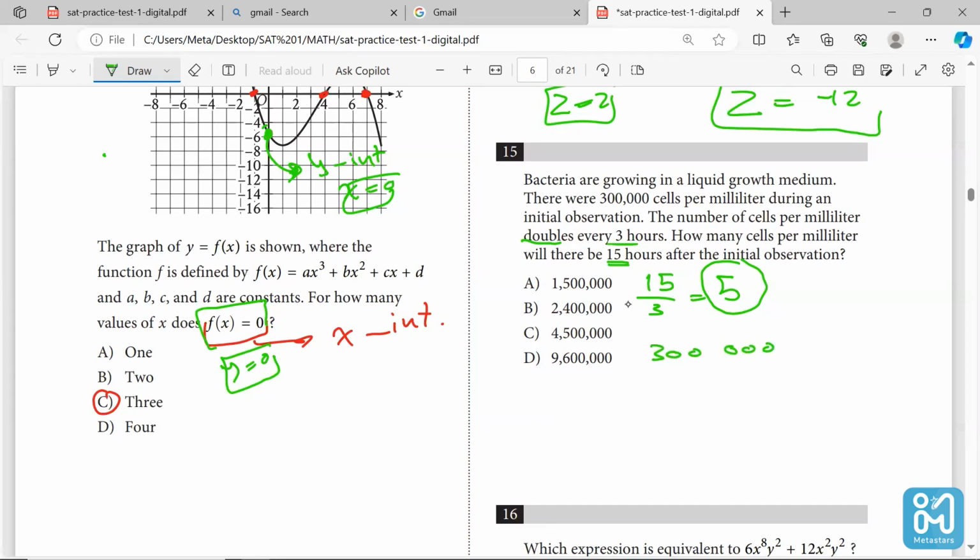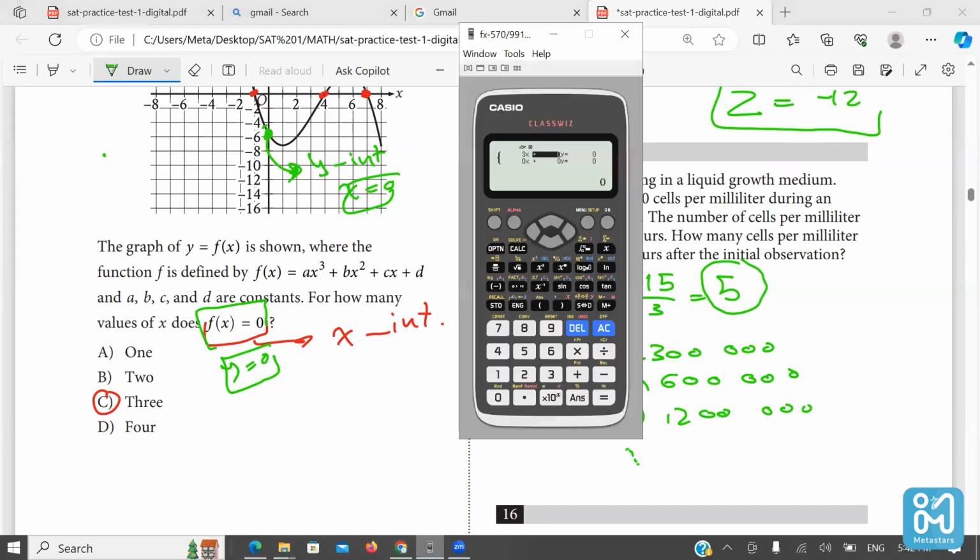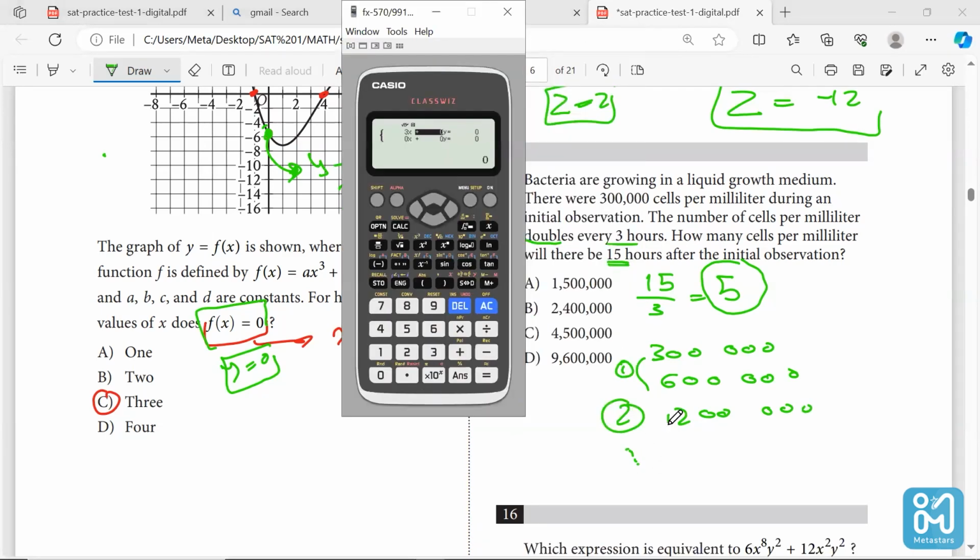Let's double this 5 times. 300,000 multiplied by 2 gives us 600,000. This is the first time. Now multiply it again, it's going to be 1,200,000, and keep going until you reach the answer, I think it's going to be D. Let's use the calculator. We stop at 1,200,000. Okay, 1, 2, 3 times by 2. This is the third one. Multiply it again by 2. It's this one, and multiply it by 2 again. So finally, my answer is this number,